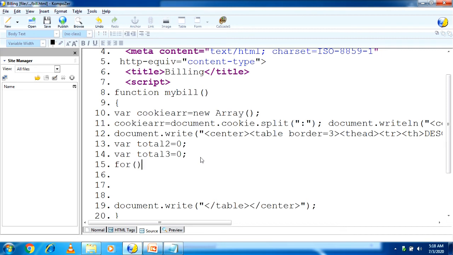So for loop where variable i = 1, i < cookieArray.length. So if I check, the three product values will be stored in the cookie array and it will check the length. After that i++.